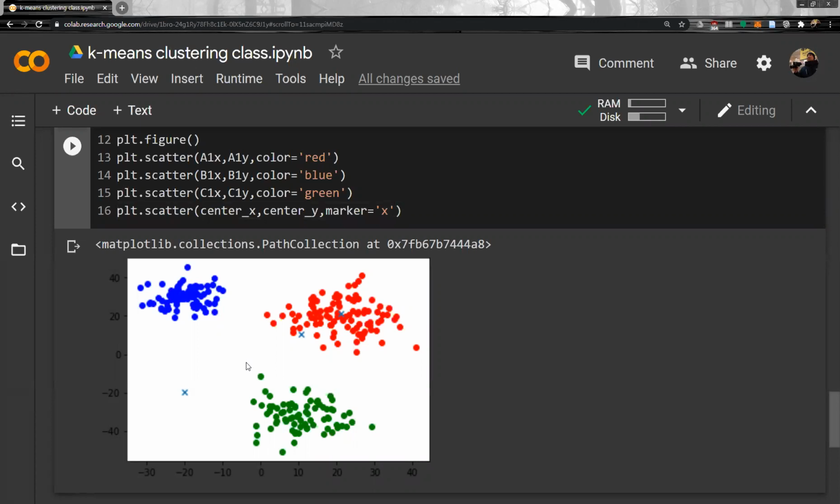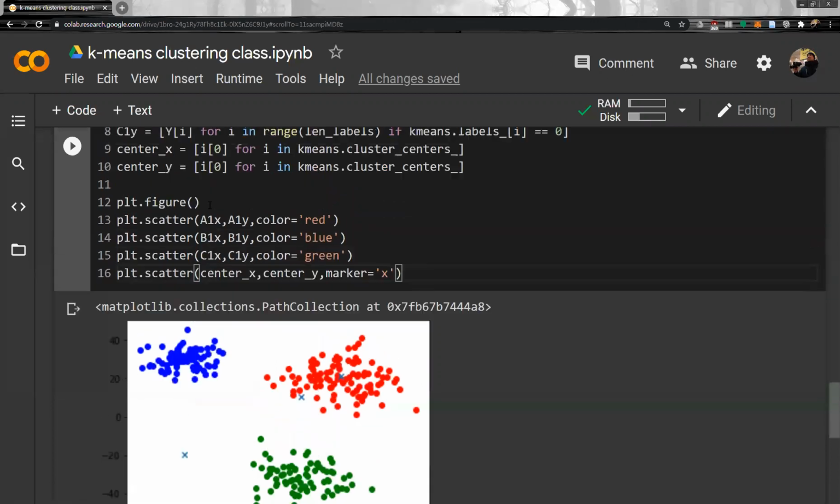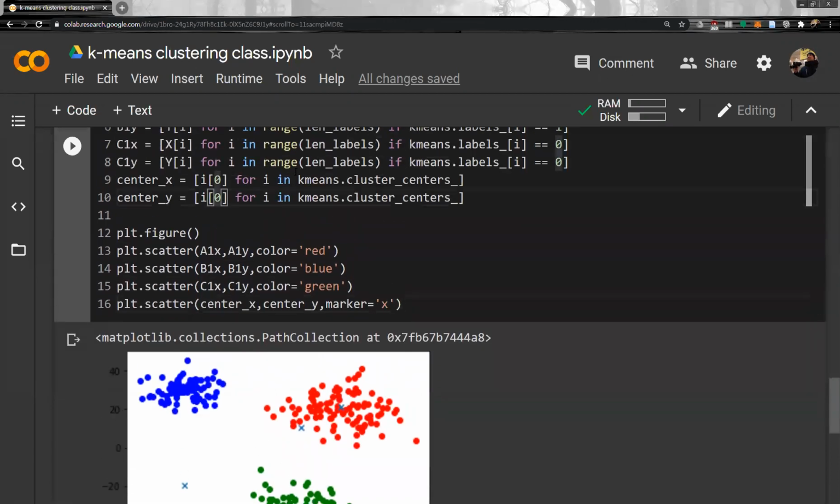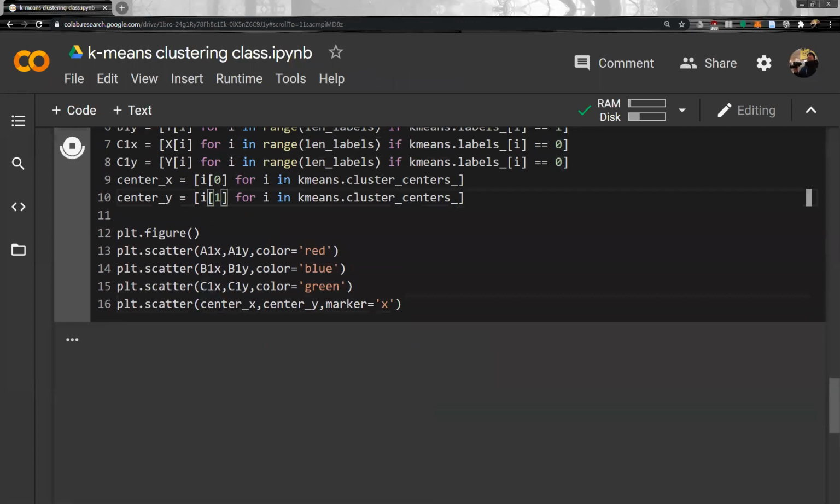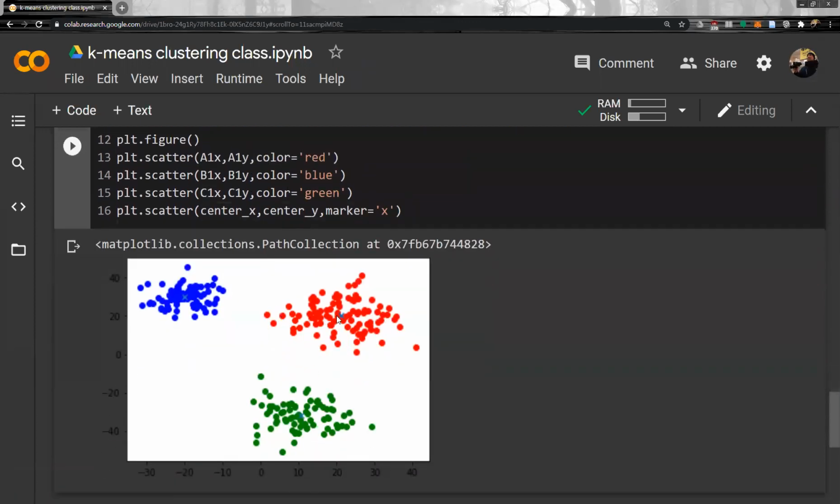Center values are a bit strange. Okay. So for this one, this should be 1. Now we have